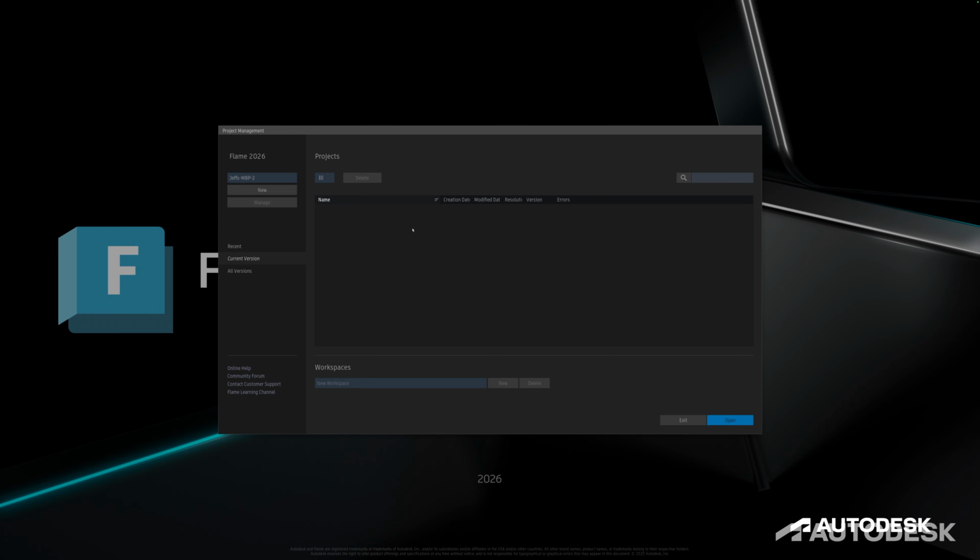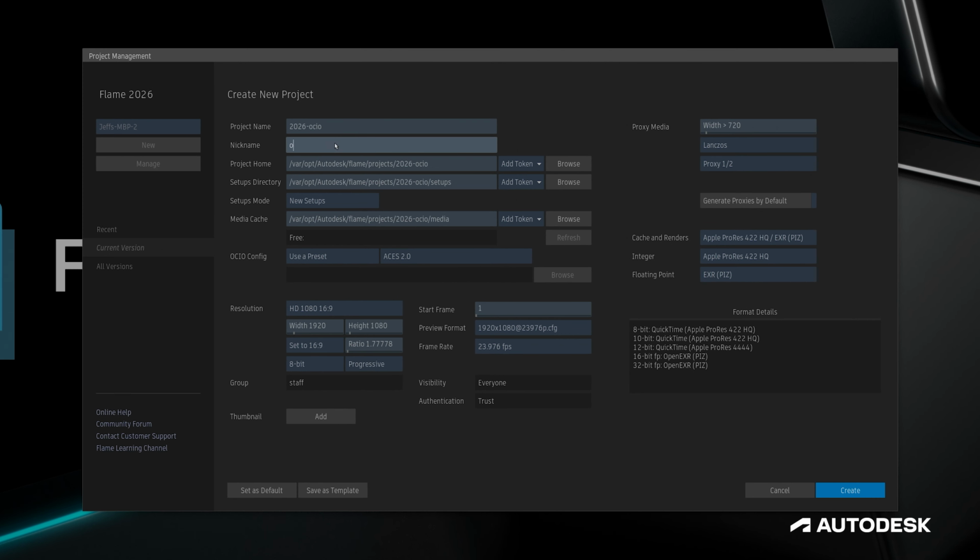We'll first encounter the new OCIO preferences during project creation. We'll find this OCIO config option here, where we have the option of choosing either a legacy or Flame preset, including the new ACES 2.0 color settings. These will populate the project's color management settings in the preferences, as well as restrict or expand the color management options in any color management field throughout the application. Our other options here are to copy the settings from another project or choose an explicit OCIO file. For now, I'm going to use a special context variables example config that we've customized for this video and launch